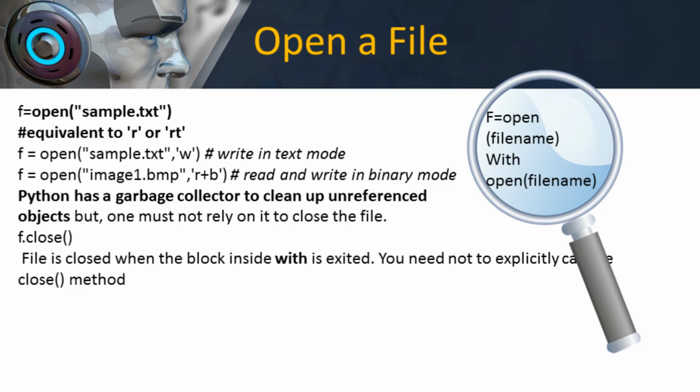Here this method is not entirely safe, because if an exception occurs while you are performing some operation with this file, the code exits without closing the file. So we use the with statement to open the file. Here the file is closed when the block inside with is exited. The statement is with open('test.txt', 'r') as f. Here f is the file on which we perform file operations. By using the with method, you need not explicitly call the close method. It is automatically done.